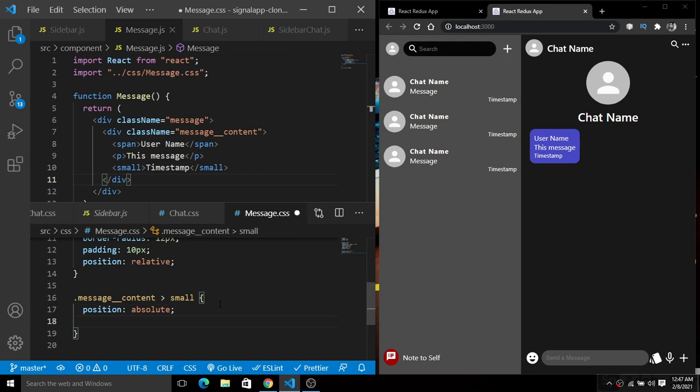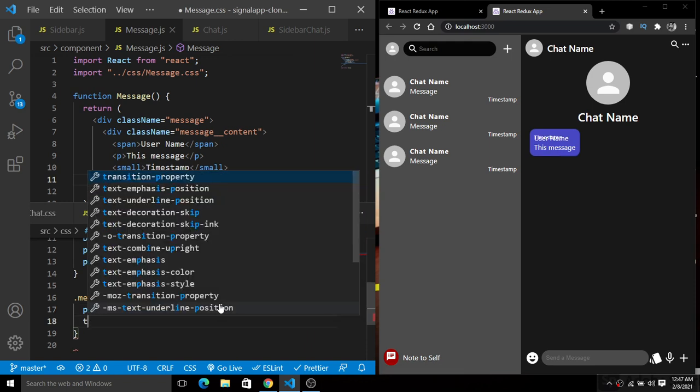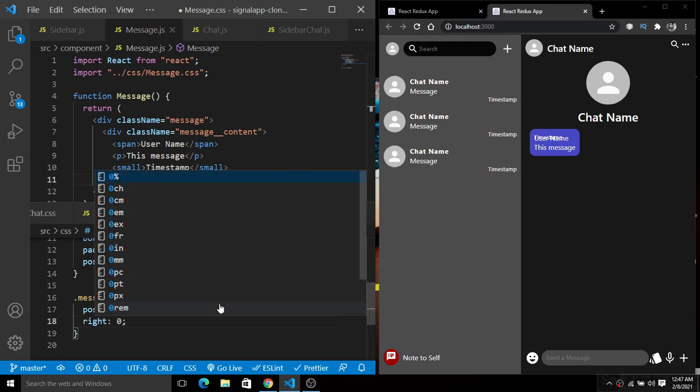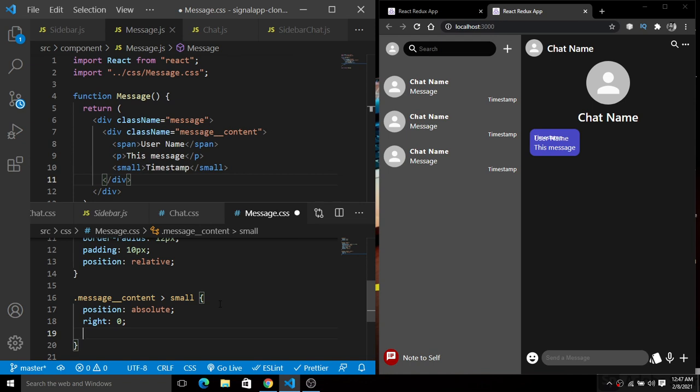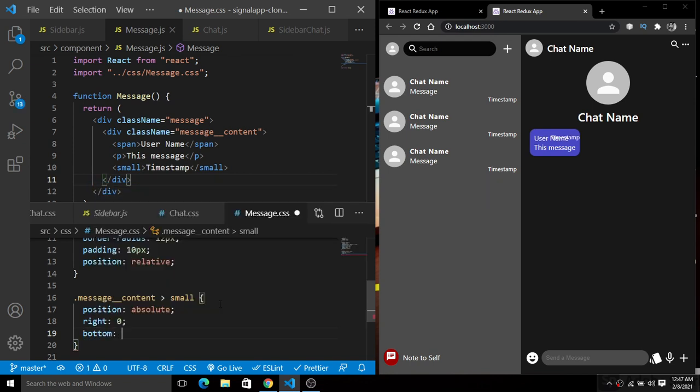Now we will simply give a right of 0, and now we'll simply give a bottom of minus 15 pixel, I think. So it will be pushed to the bottom here.